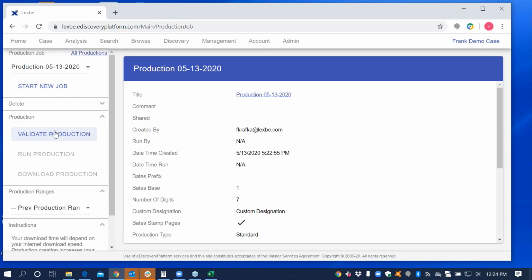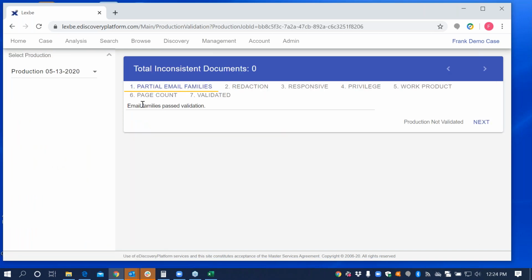And so before, you can see right now underneath production, it won't let me run a production. It's asking me to validate. So what I need to do first is come into validate. And if we do this production for you, we're going to go ahead and QA it, and we're going to make sure everything's 100% correct before we send it out. So this is kind of a way to do a last check, get a last hands-on before you run that production. It's going to take you through each one of these 6 areas